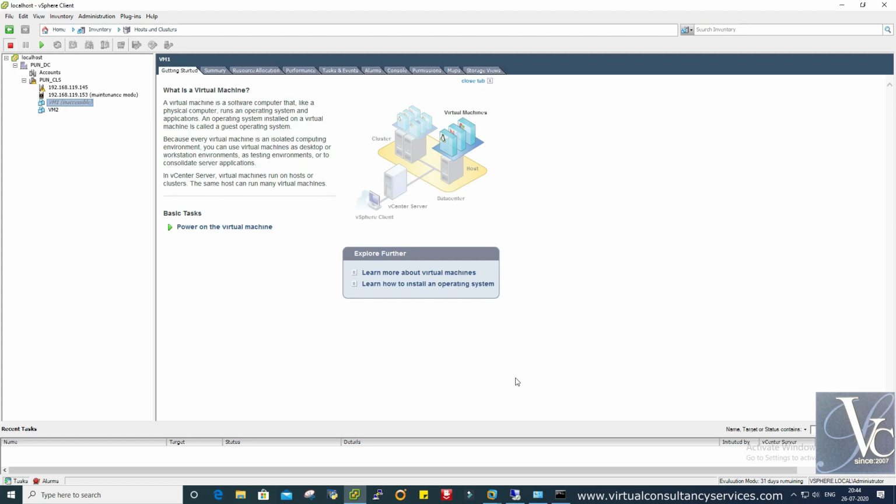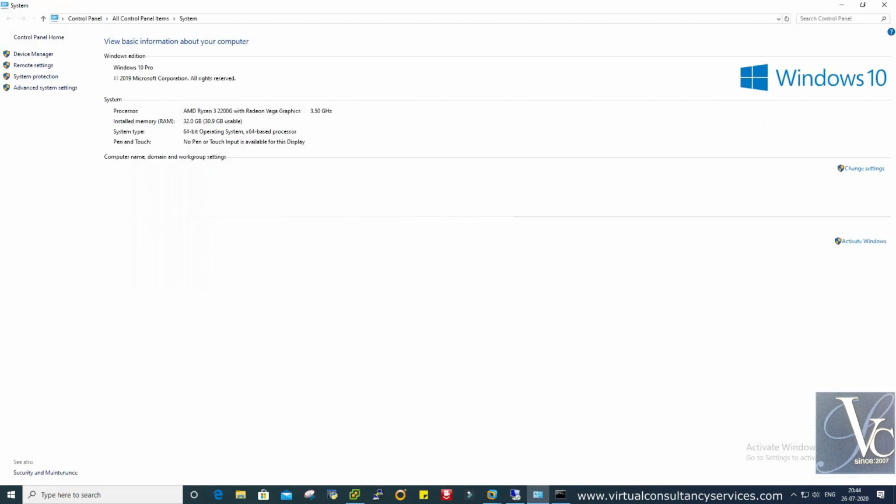Okay, so I have this machine, where I am currently. This is my one machine, a Ryzen processor machine with 32 GB RAM, given as a Ryzen server.